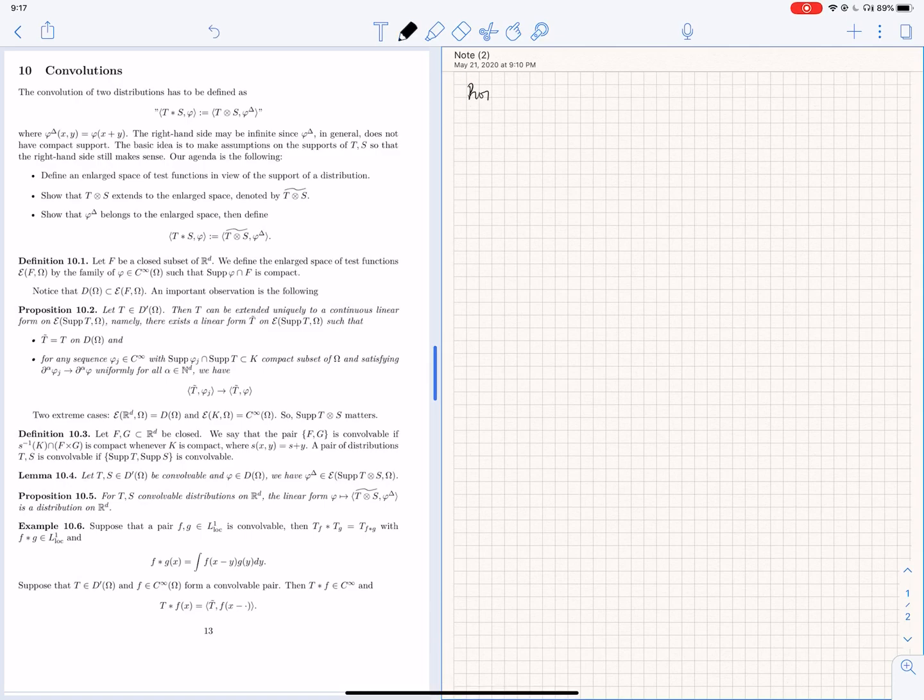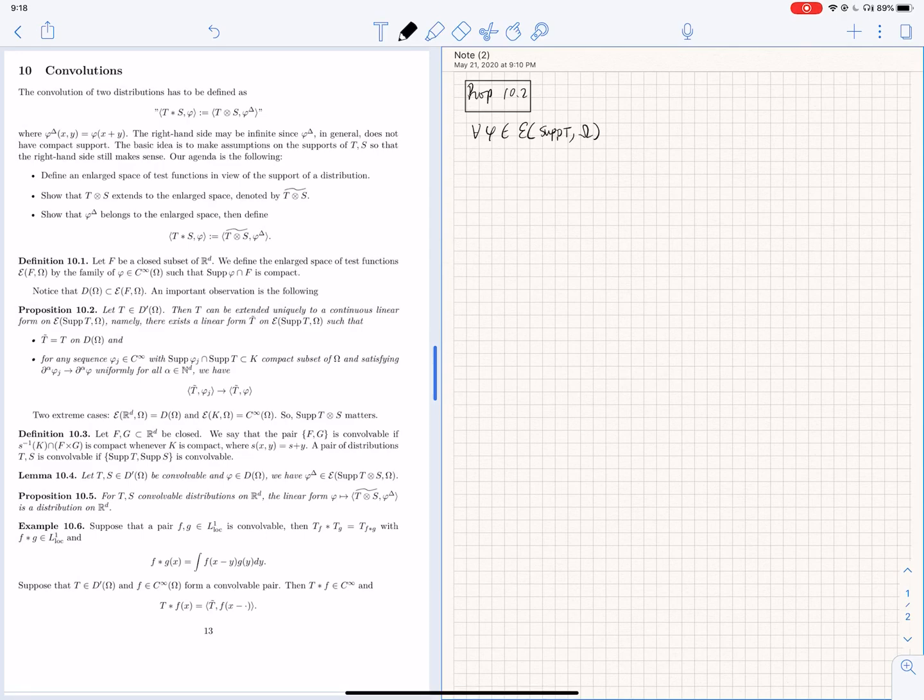Proposition 10.2. So we want to first give a definition of this extension. So we consider any phi in the space, let's say the enlarged space,